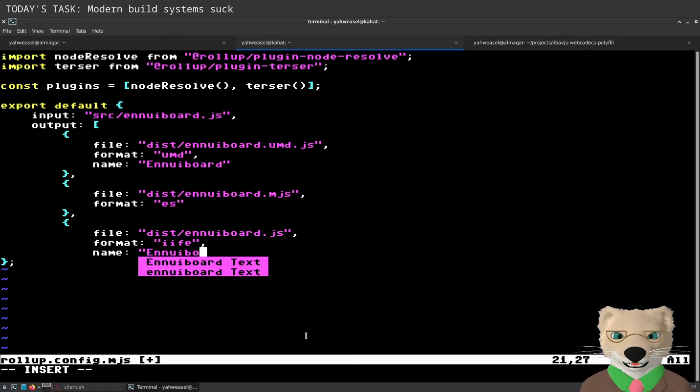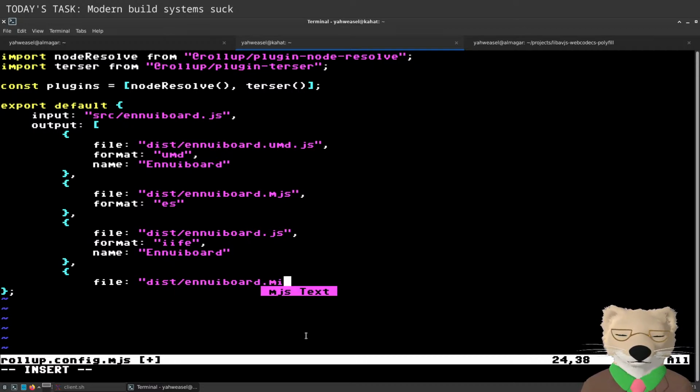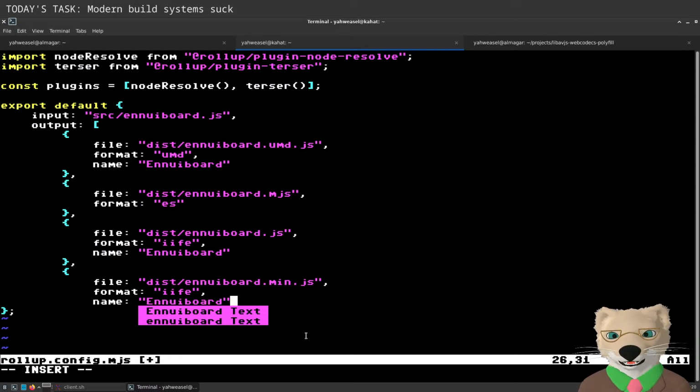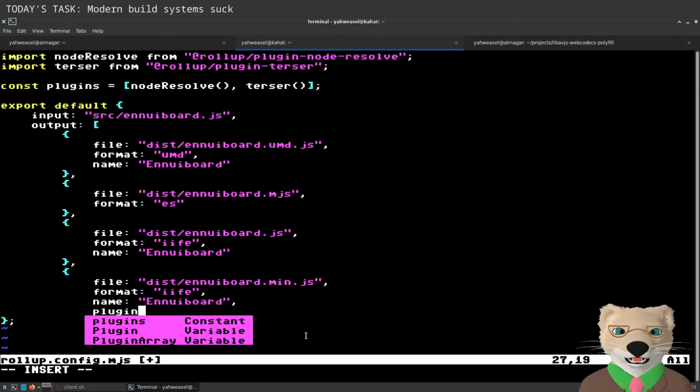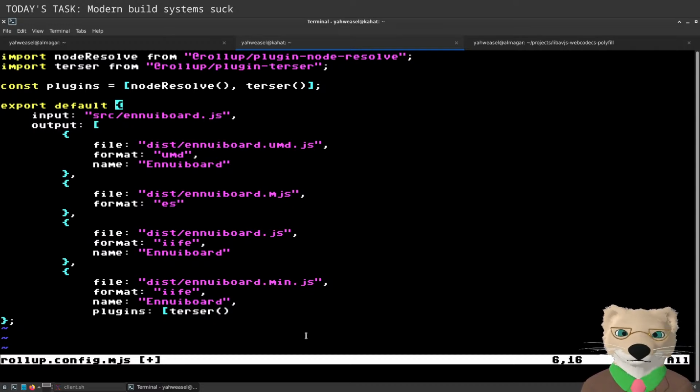And then the min version will also be an IIFE, .min.js, thank you. And this one needs an extra plugin, which is Terser.